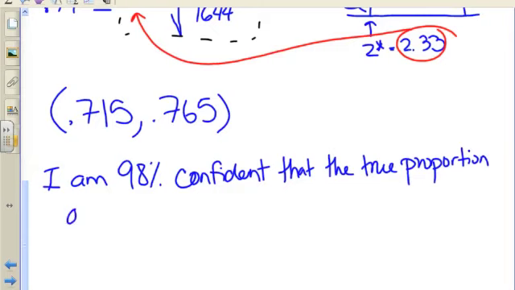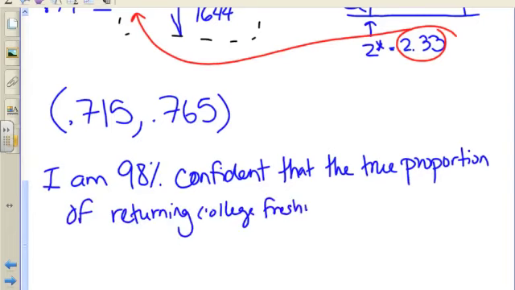True proportion of what? Well, it's the returning college freshman. So notice I'm talking about the story problem in my example. Is between, and now I just list off my interval,